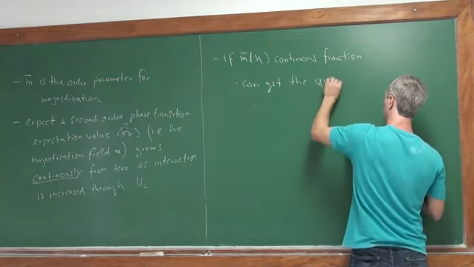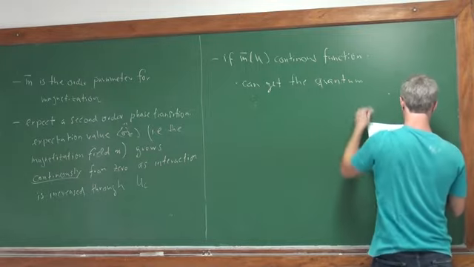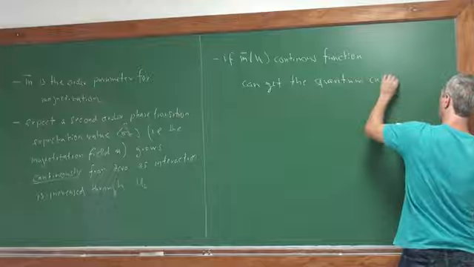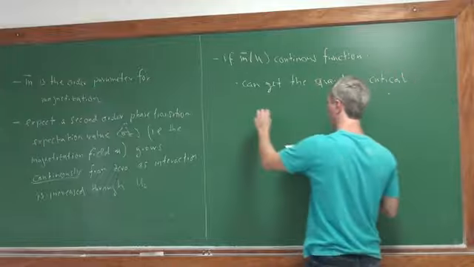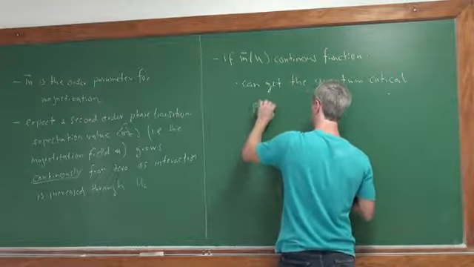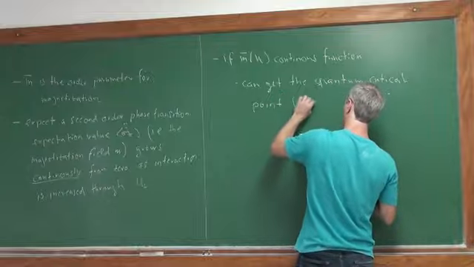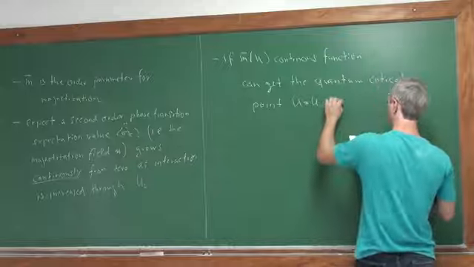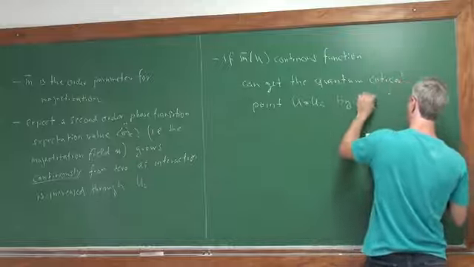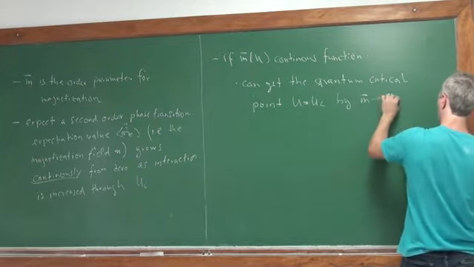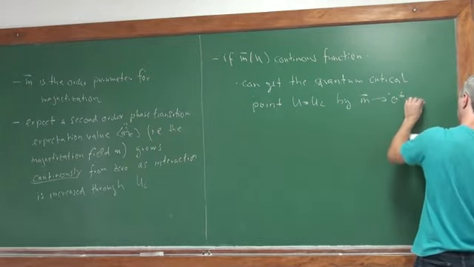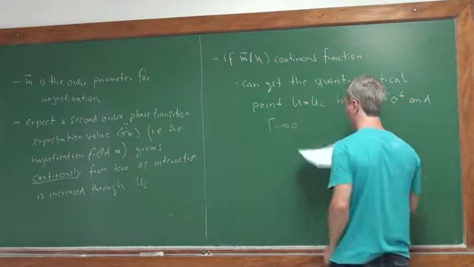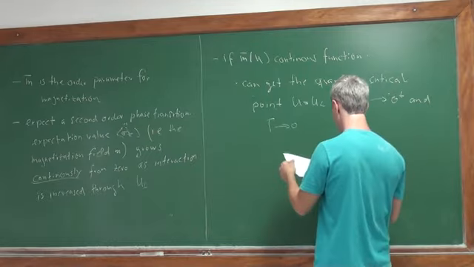The quantum critical point would be the phase transition taking place at temperature 0. We get the critical interaction strength by sending the temperature to 0. So we can first figure out the quantum critical point,